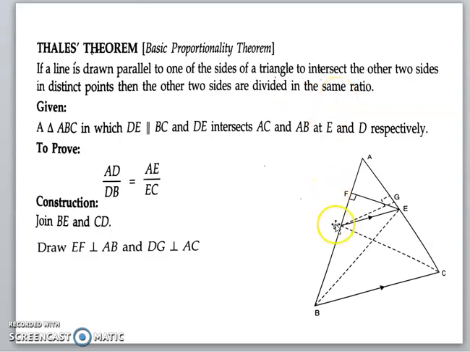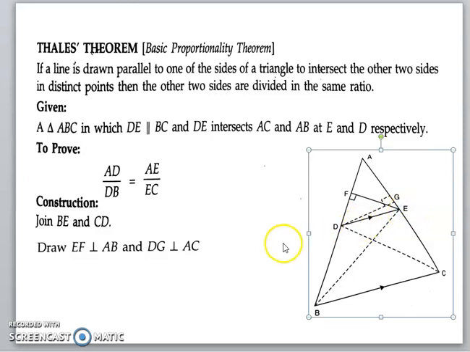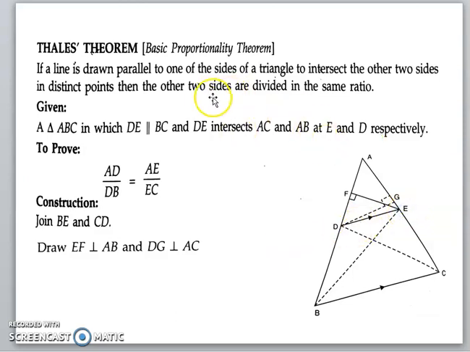Which means, if we are drawing a line parallel to any one of the sides of the triangle, so that is here we are taking that side as BC. If we draw any line parallel to BC, passing through the other two sides, so here that line that we have drawn parallel is DE. DE parallel to BC. And this line DE intersects the other two sides at D and E, these 2 points. So, these sides will be divided in the same ratio. That means the ratio AD by DB should be equal to AE by EC. This is what we have to prove.